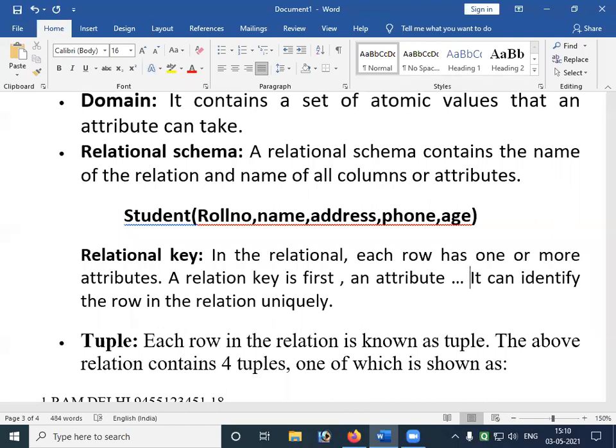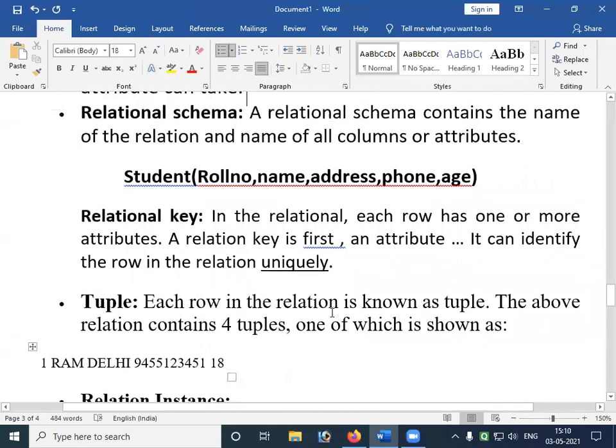What do you mean by unique? See, the roll number of a student in a class is called a relational key. It is an attribute first, and after that it has another property, that it identifies the row in a relation uniquely. This is called a relational key.